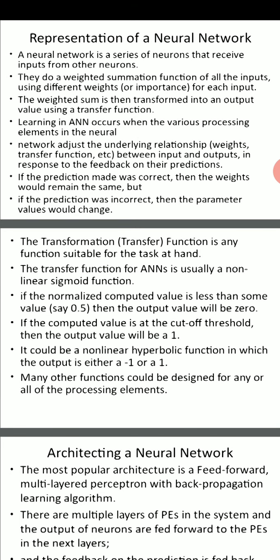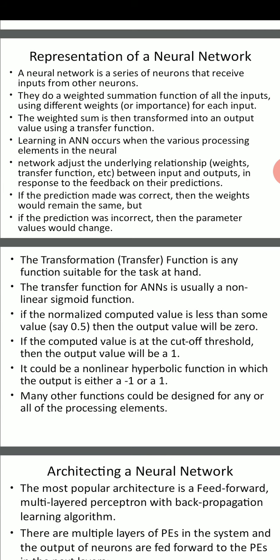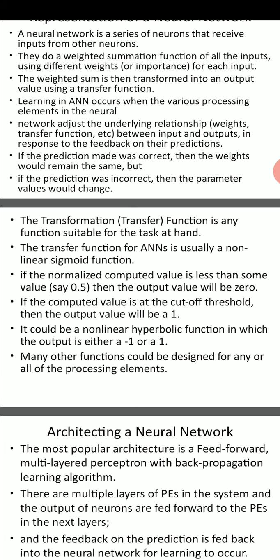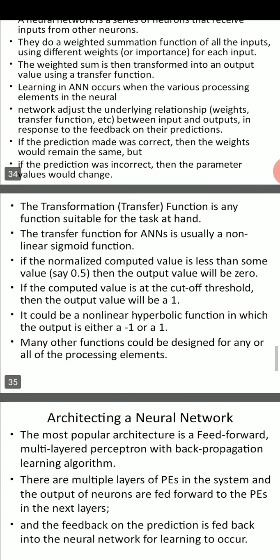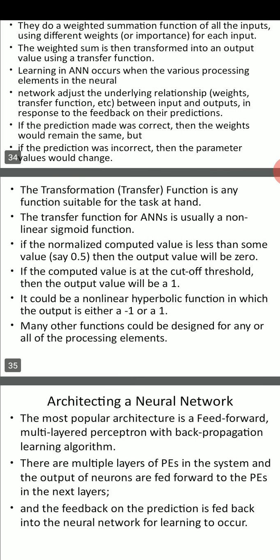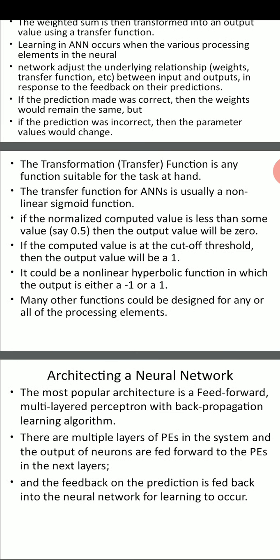They do a weighted summation function for all the inputs using different weights for each input. The weighted sum is transformed into an output value using a transfer function. Learning in an artificial neural network occurs when the various processing elements in the neuron